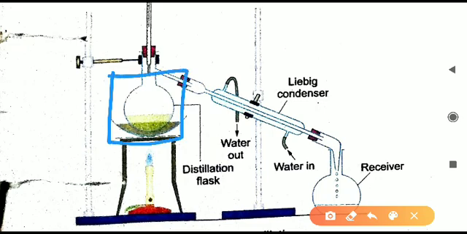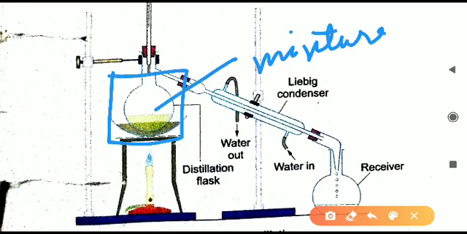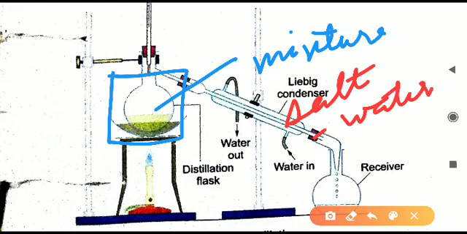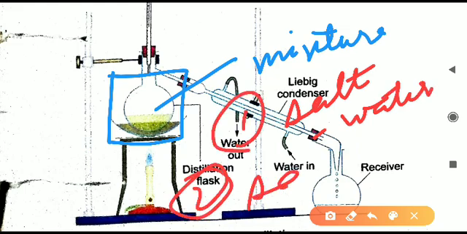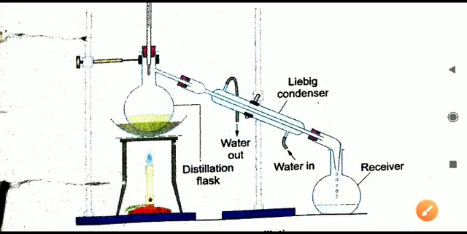First, in this container we are taking the mixture. What is the mixture we are taking? The two examples are given just above. Like we have taken salt water mixture. Salt and water are present together, that is a mixture. Second type of mixture we can take, like we can take sand and water mixture. Sand is not able to dissolve in water and it can be separated using distillation also. Other methods are also there, but we can use distillation also. So distillation can be used to purify water.